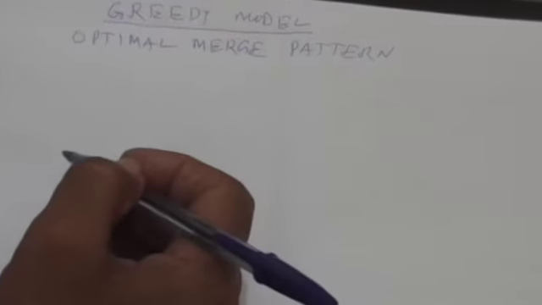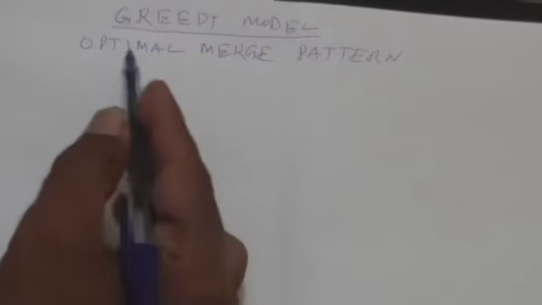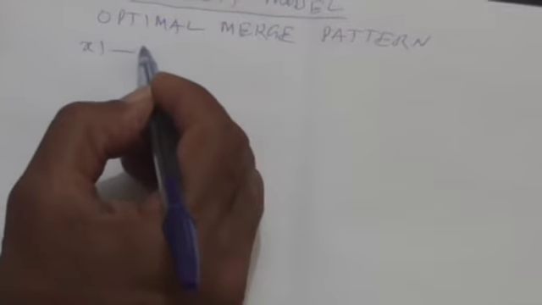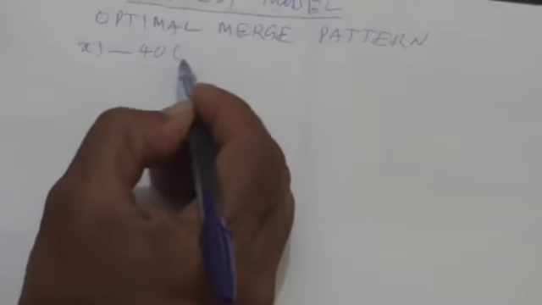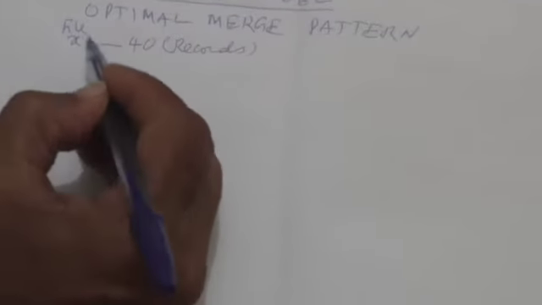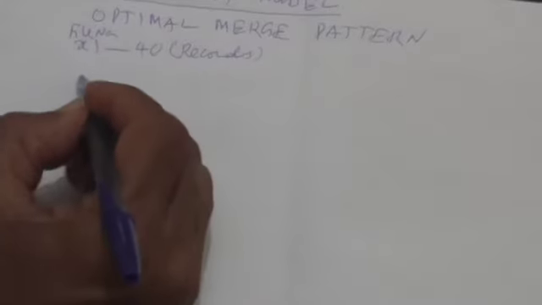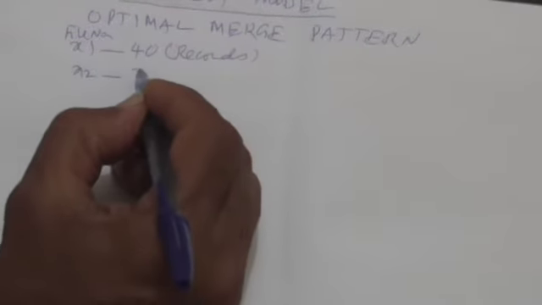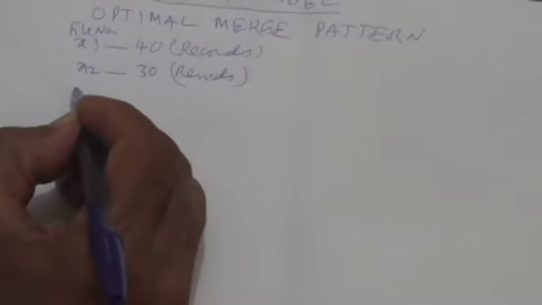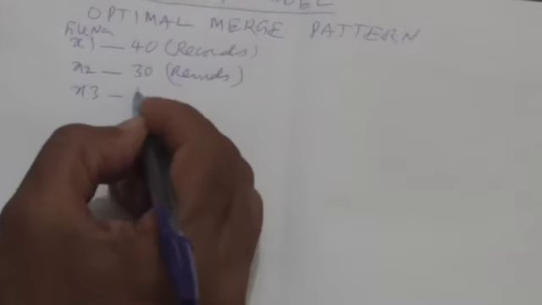As we just now spoke about in the first part of the optimal merge pattern, imagine if you have some 5 files. Let us say file x1 is containing something like 40 records. This is the file name. And x2 containing some 30 records, x3 containing some 50 records,